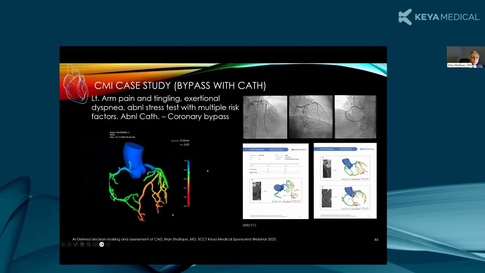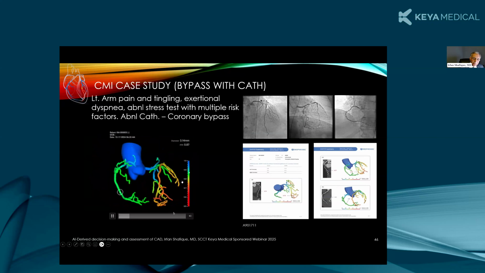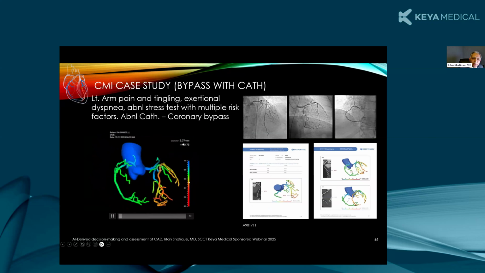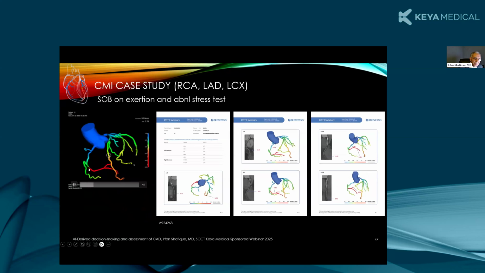And another patient here, with left arm pain, tingling, positional dyspnea, abnormal. You can see multiple vessels are abnormal. You can see it in the cath also. And they decided to have bypass surgery in this patient. So you can actually measure anywhere you want in the tree. You put your cursor, and it also gives you the diameter of the vessel where it is. That's also nice to see. It's another case with RCA significant stenosis here, and it's down to 0.51 FFR, which is really abnormal in